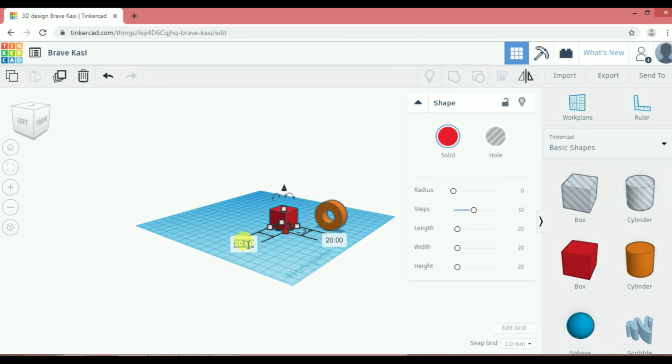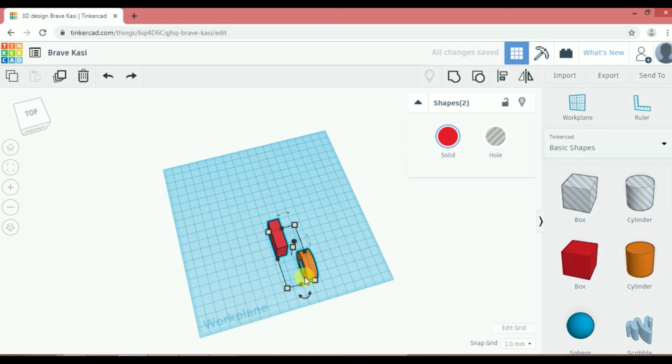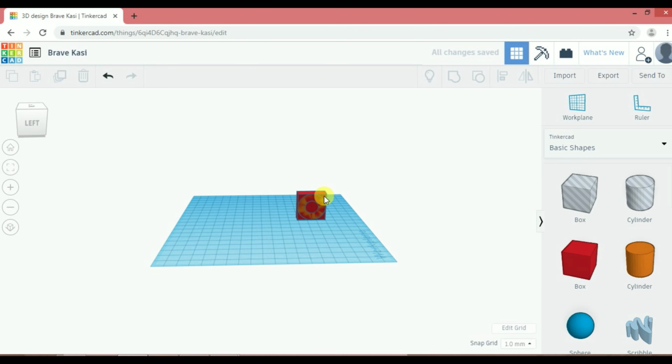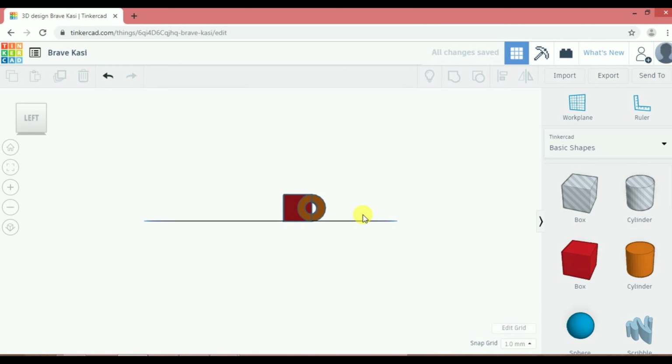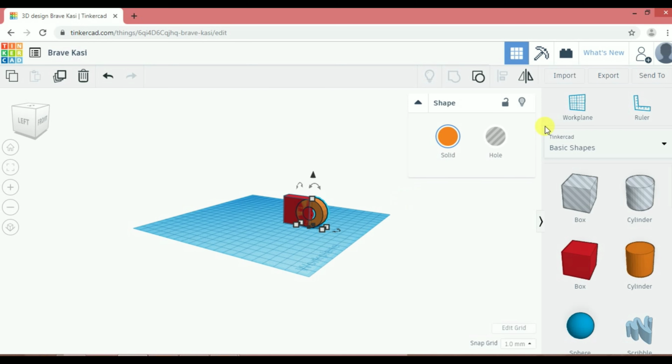Then I choose one cube, make it the height of 30, thickness 10, and again by choosing both the entities align them corner to corner or center to center, and by clicking on the left hand side view move it with the 15 distance. So again here you get the same entity.